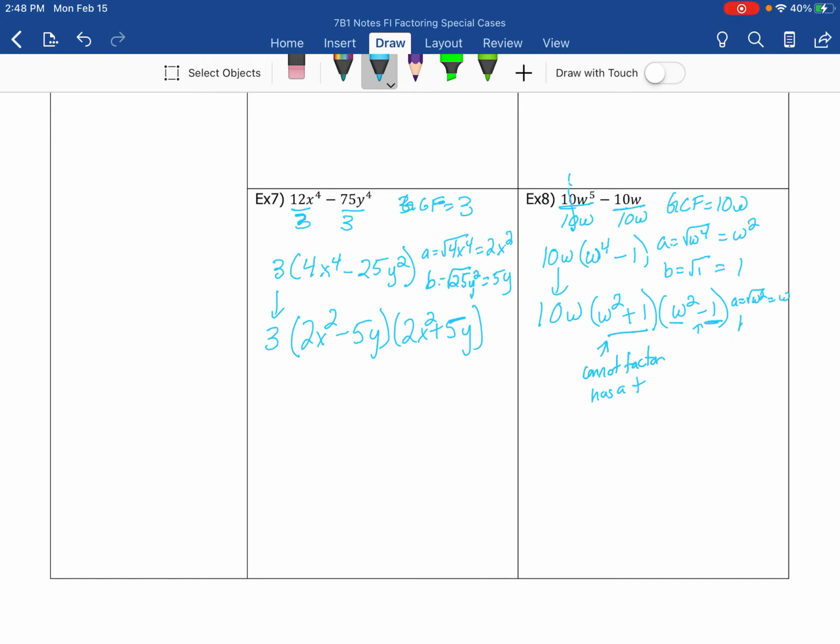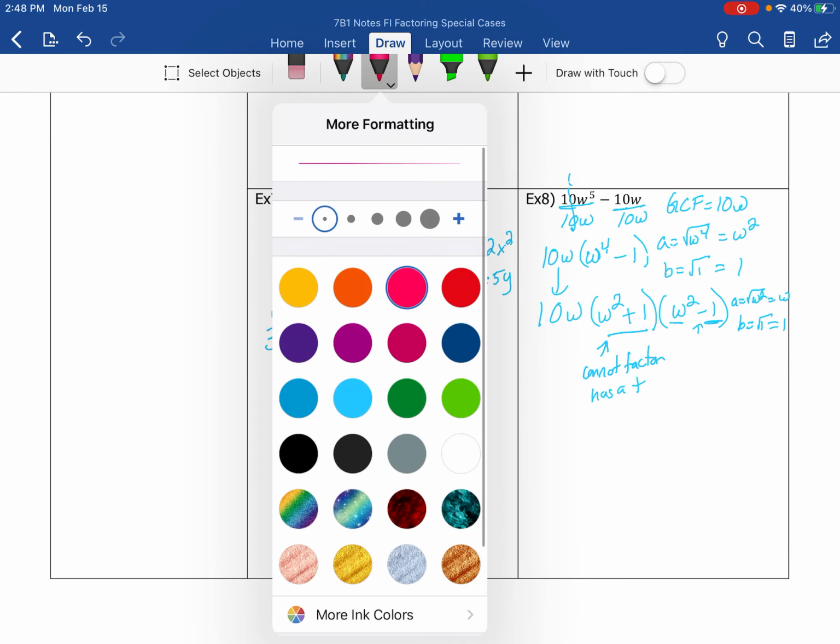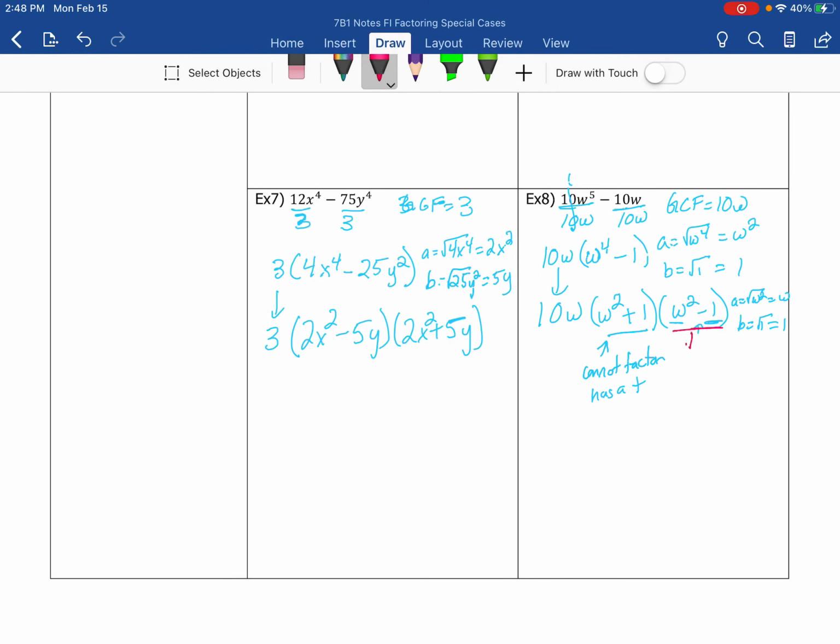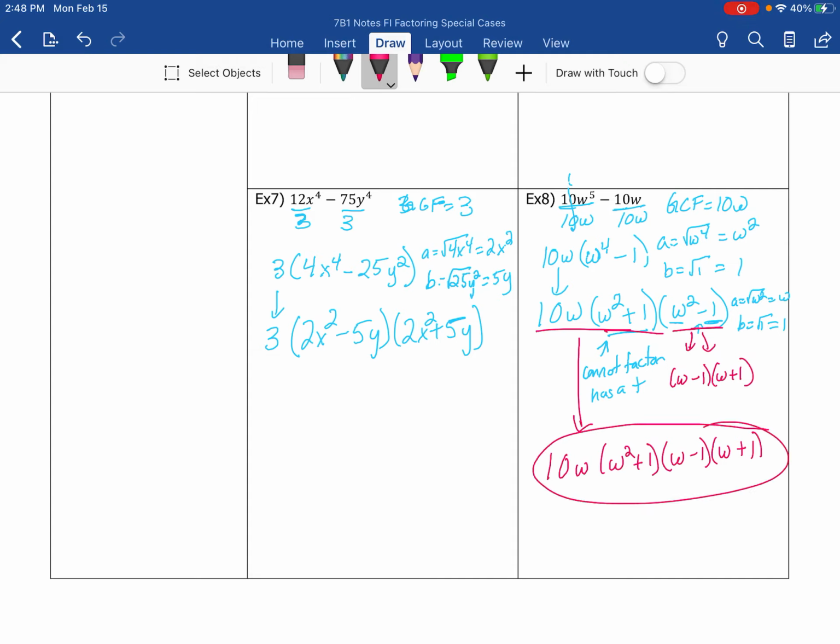Okay, so I know this can be factored further, so I know that a is going to be the square root of w squared, which is w, and b is the square root of 1, which is 1. So I know that this one right here can be factored to be w minus 1 times w plus 1. And so my final answer, I bring these two parts down, okay, because I couldn't do anything more with them. I'm also going to have a